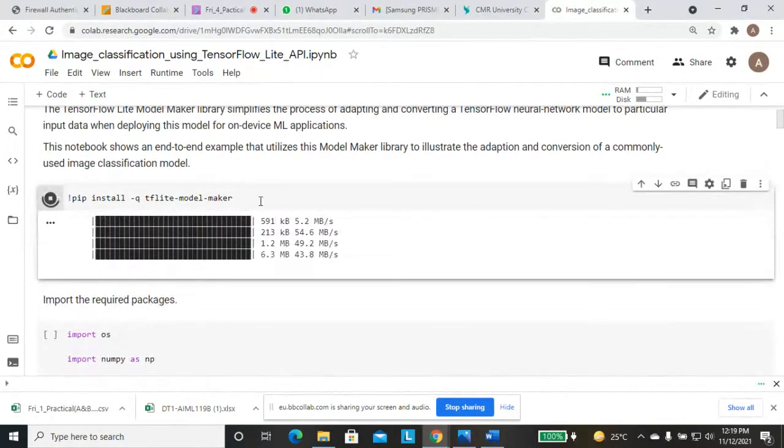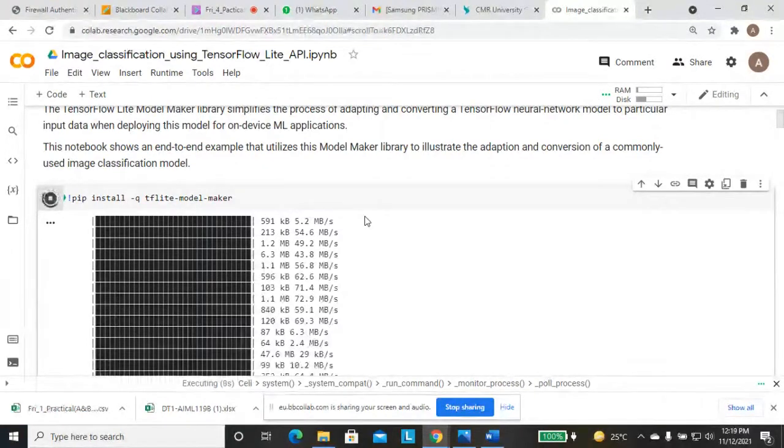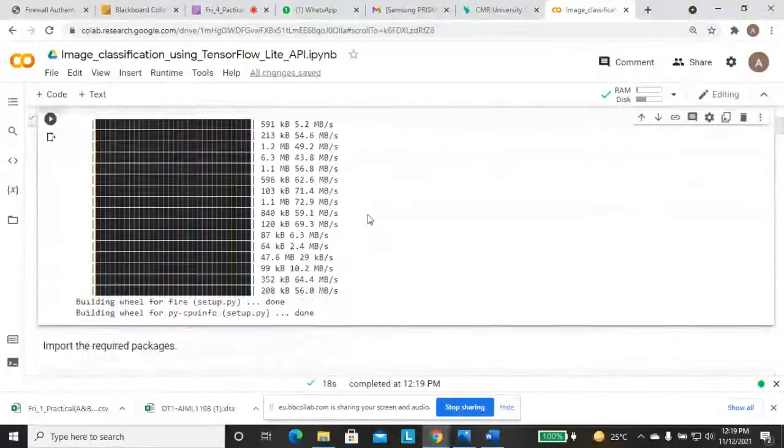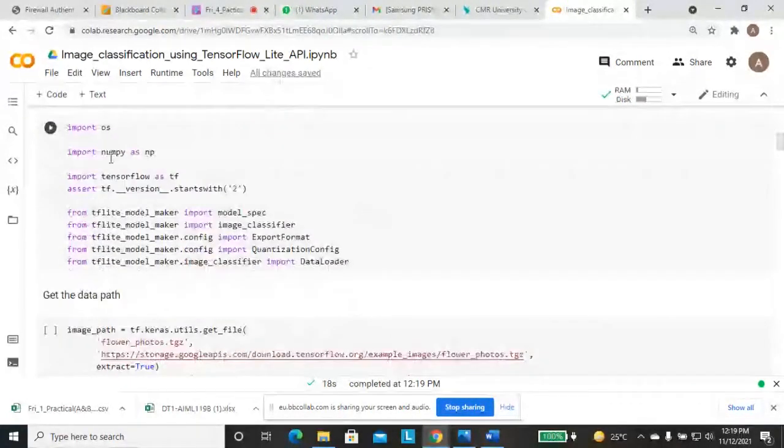As Google Colab is an online platform, every time you want to use any package or library, either we have to install the package or import the library, because it is online and can't save these packages for us. If you have the software installed on your laptop or desktop, then it is not required to install every time. So installation is done for this package.